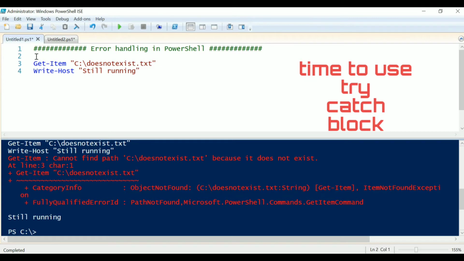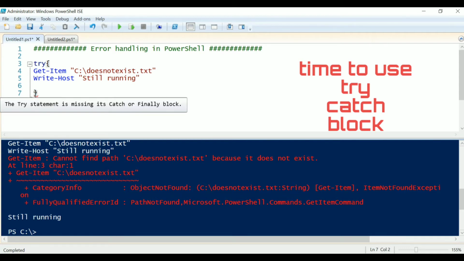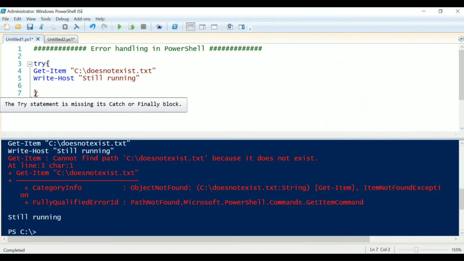Now let's enclose these statements into a try block. So the try block is where we are expecting some error to occur. As you can see the red line here, if you hover over this red line, you can see the try statement is missing its catch or finally block.